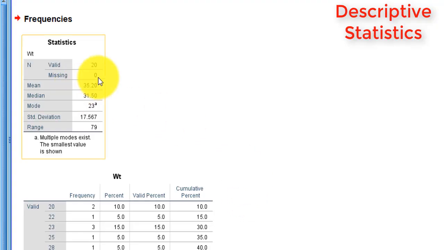Now you can see that here is the descriptive statistics given for weight variable: mean of the weight is 35.2 kg, median is 31.5 kg, mode is 23, which is appearing for most of the children. 23 kg is the weight which is for many children.